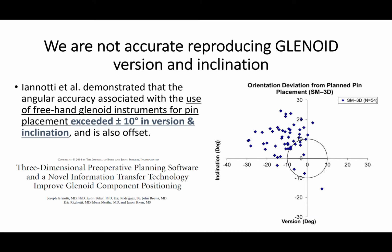The problem is that we are not very good at accurately correcting glenoid version, particularly in cases of advanced wear. Dr. Iannotti has shown that freehand pin placement based on preoperative planning may be off axis by as much as plus or minus 10 degrees in both version and inclination, even in very experienced hands. And this means that despite having an image in your mind of where the K-wire should go for optimal corrective reaming, even experienced surgeons can rarely reproduce this plan and can be off by as much as 30 degrees in